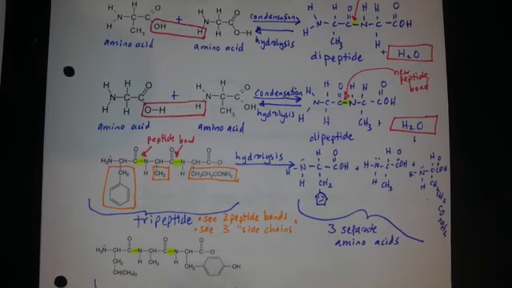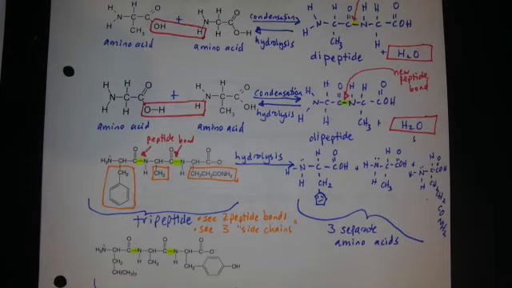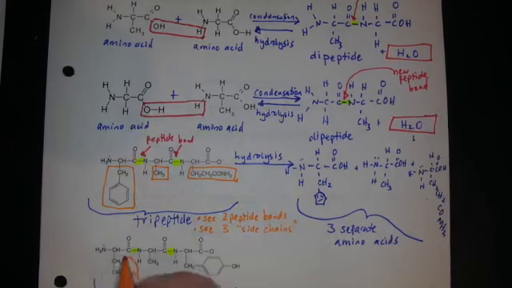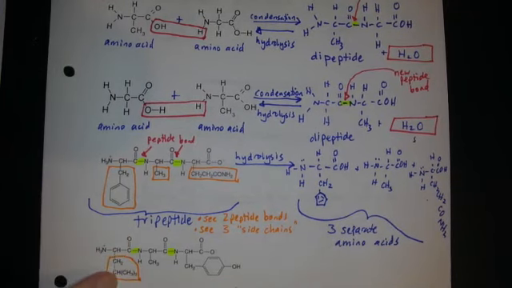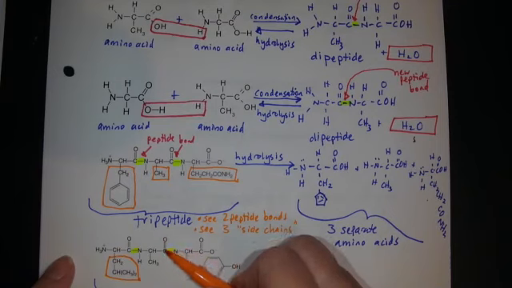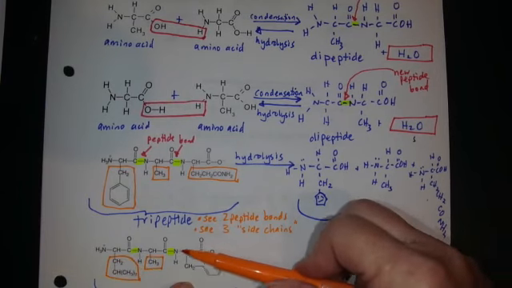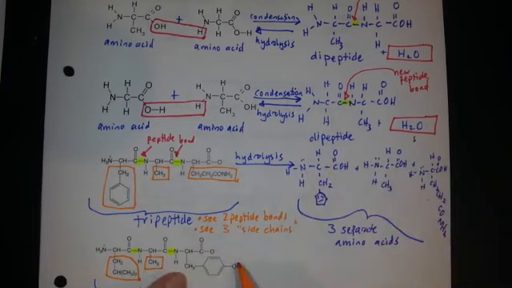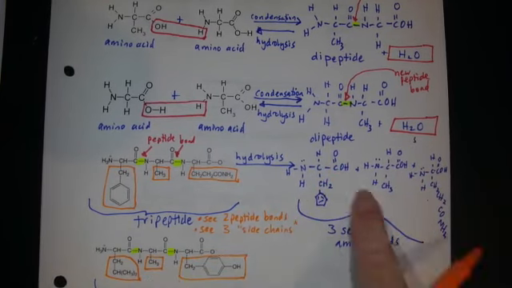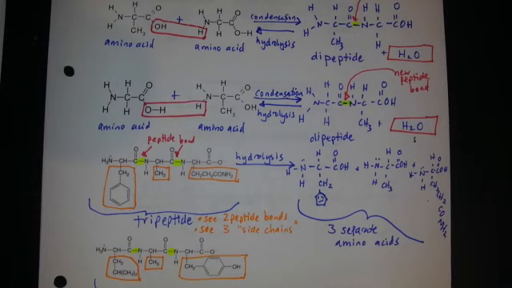If I'd like to highlight the 3 side chains, they're always immediately to the left of that C double bond O. So immediately to the left of this one, there's the side chain. Here's this carbon double bond O, so immediately to the left of it will be the carbon with the side chain. Carbon double bond O, so immediately to the left of that will be the side chain. I'm not going to draw the 3 separate amino acids on this one, but I want you to recognize that that's what you'll get. If you do hydrolysis on this tripeptide, you will get 3 separate amino acids.